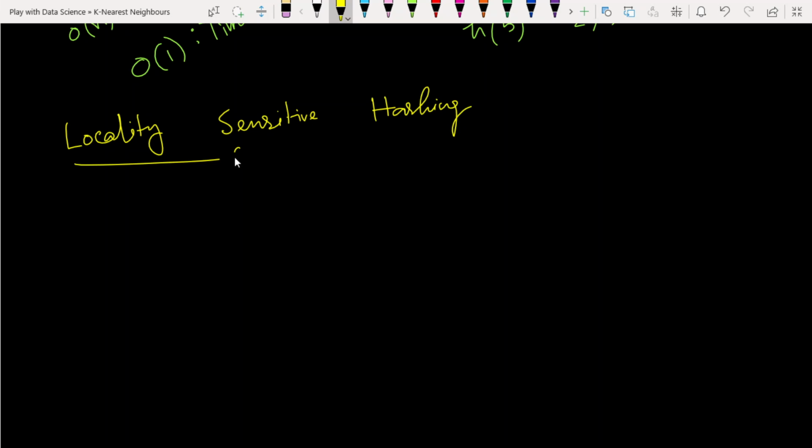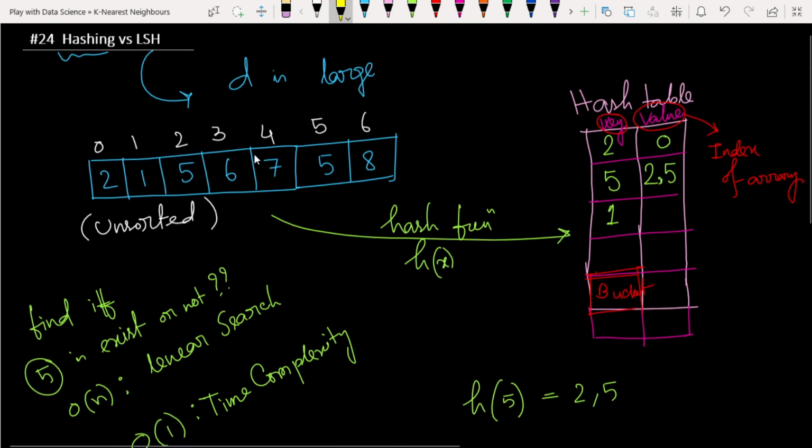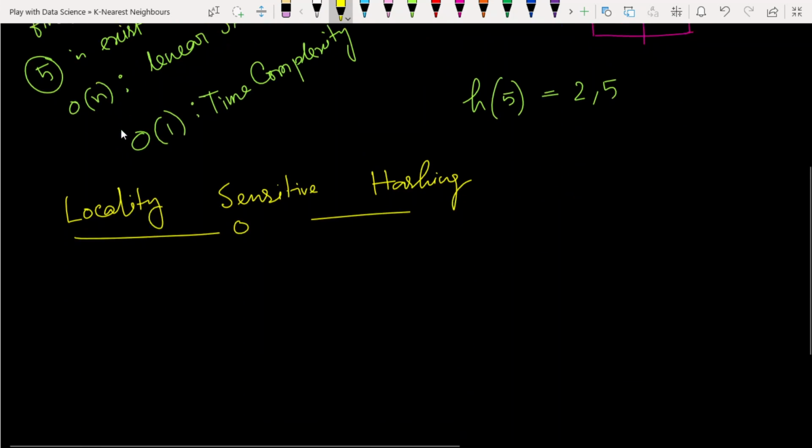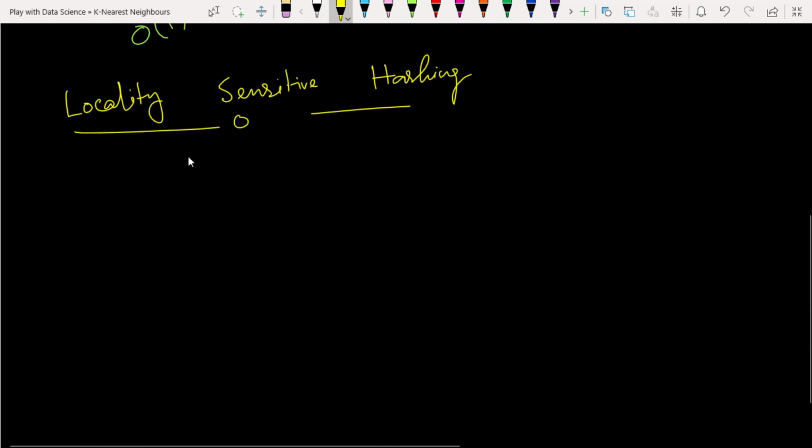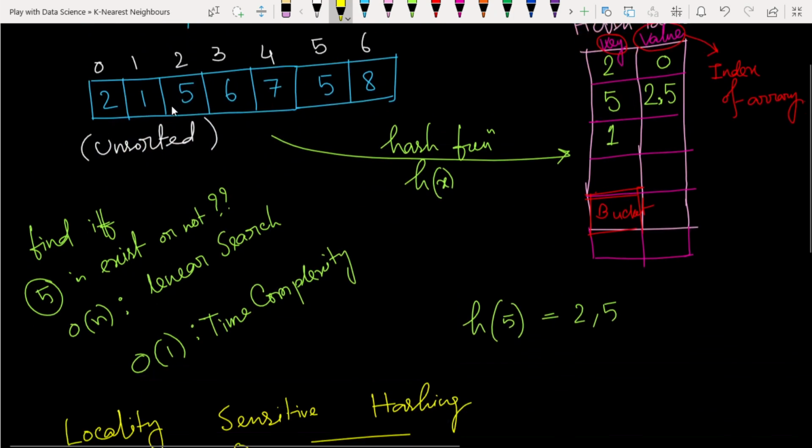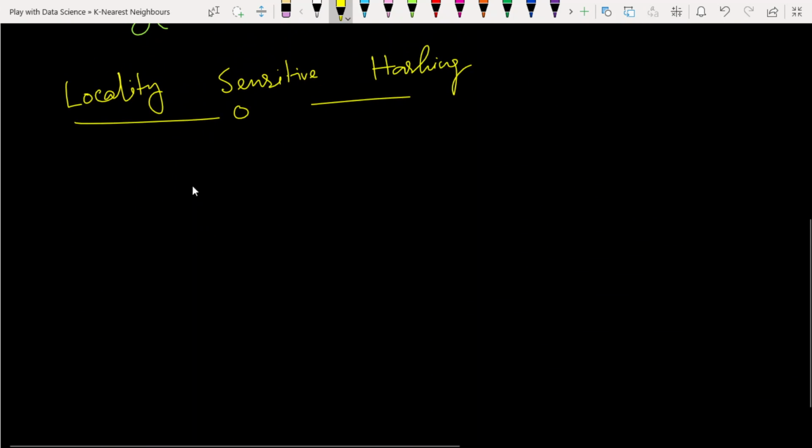What is this locality sensitive hashing? This is the central extension of the hashing functions. Just see how, by using the simple hashing concept, you will build a nearest neighbor algorithm. Suppose we have data sets like,